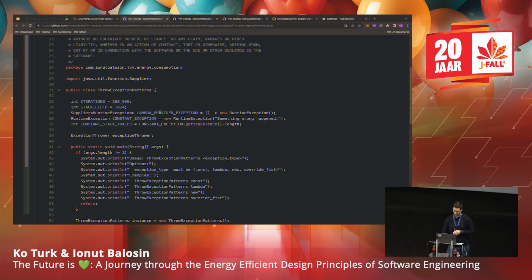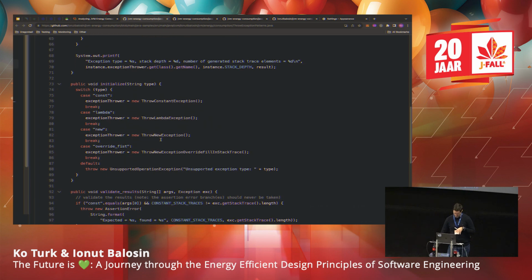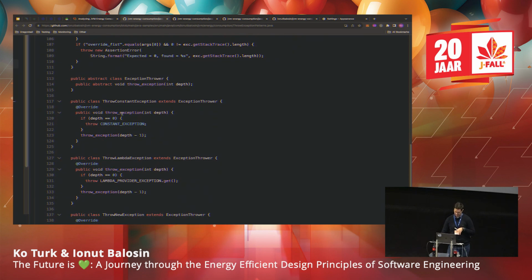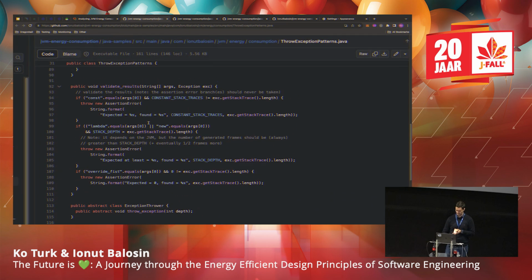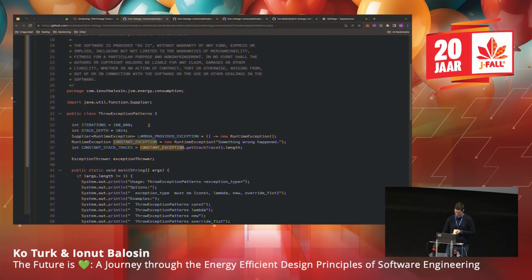We measured it in 3 different aspects. We say, okay, let's iterate. This is a recursive method until we reach a depth, and then we throw a constant exception. A constant exception is an exception that you declare, for example, like this one. Yeah? You declare a new runtime exception and you reuse it.